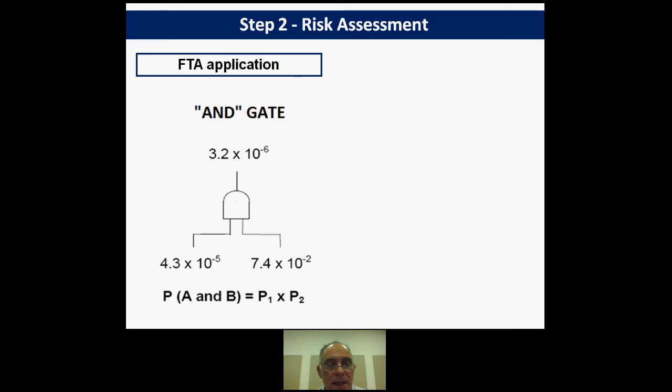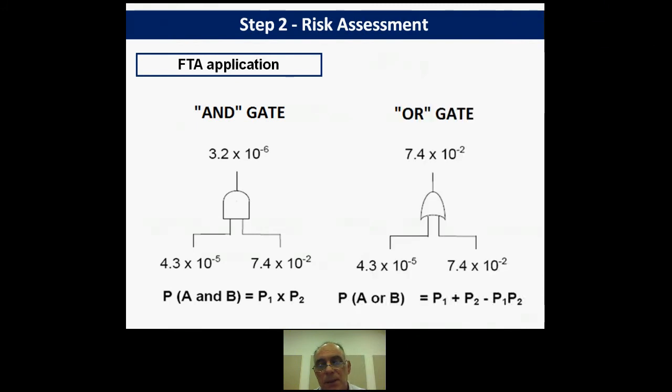And in such a case, we multiply, and we get the probability of occurrence, the frequency of the end effect. In this case it is 3.2 times 10 to the minus 6,